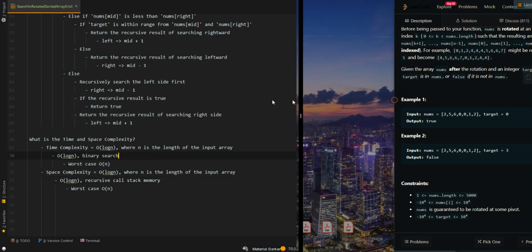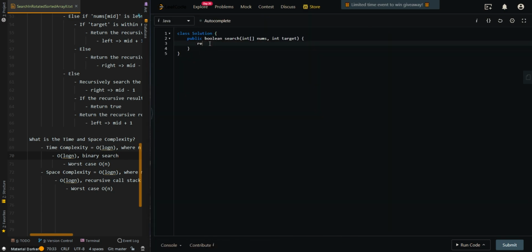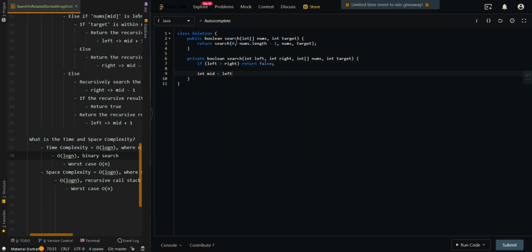Let's go over the code. So we're going to implement our recursive binary search, taking our current left and right boundaries, and then our input array and our target: int left, int right, the input elements, and the input target. If left is greater than right, there are no more elements left, so we're going to return false. And then we calculate the mid index. And then if nums at mid is equal to target,